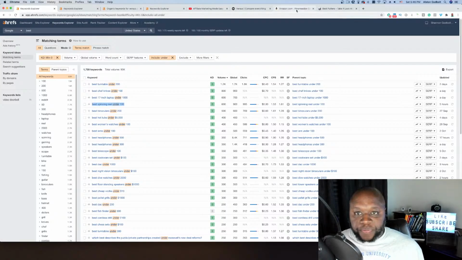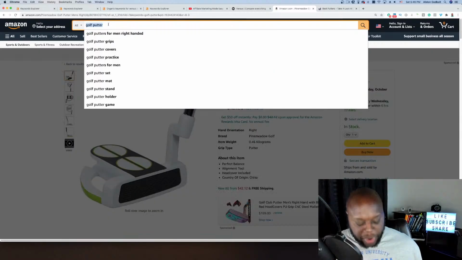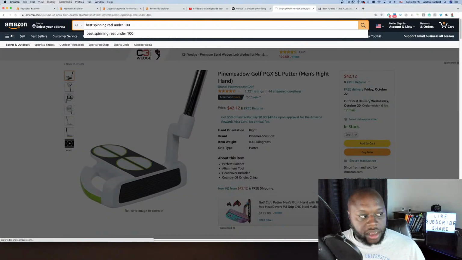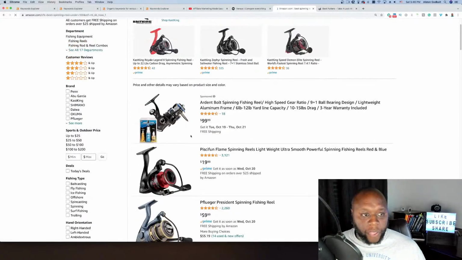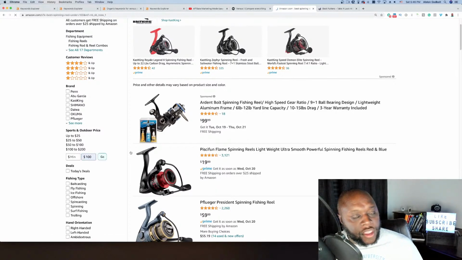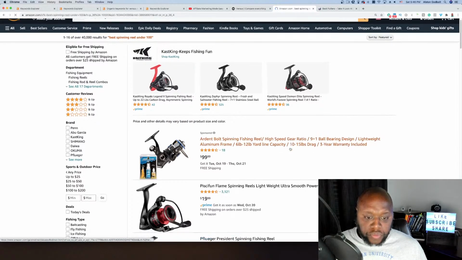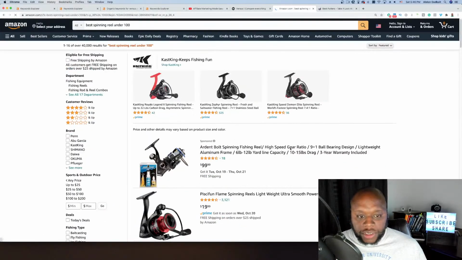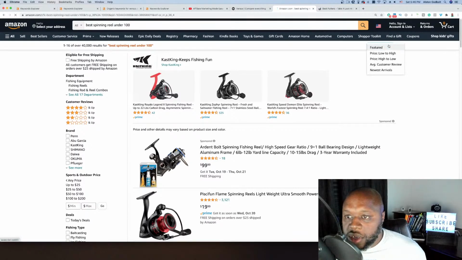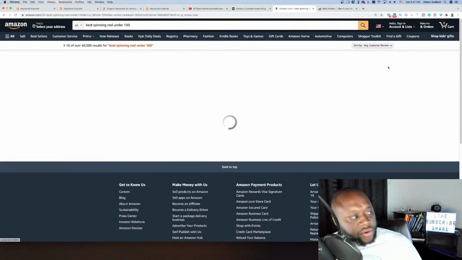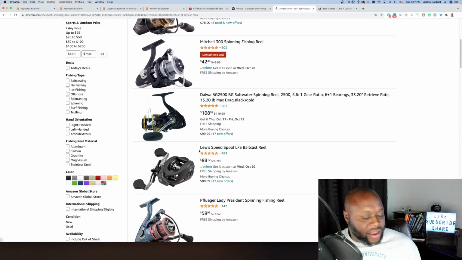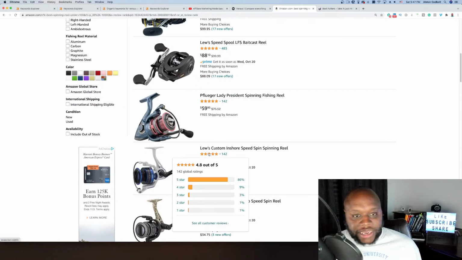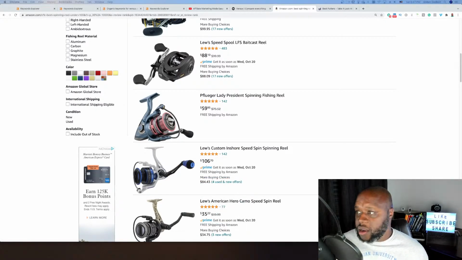And if we go up to Amazon, here's a little trick for you guys. If we do best spinning reel under 100, hit enter, Amazon's going to do all the work for you. As you can see here, they have it sorted. We can even do max price 100 like this, click go. You can see here that they have put together best under 100. Change it from featured to average customer review. As you can see here, you just collect the information, organize it, and put it in a nice, easy way for people to digest it. And there you go.